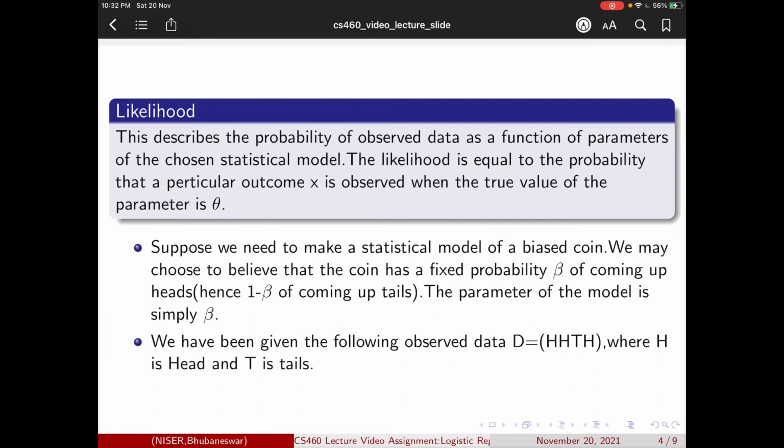Now we calculate the likelihood of the data given the parameter beta, and that is simply the probability of observing this data D given that we have chosen the model parameter to be beta and we assume that beta is the true parameter.